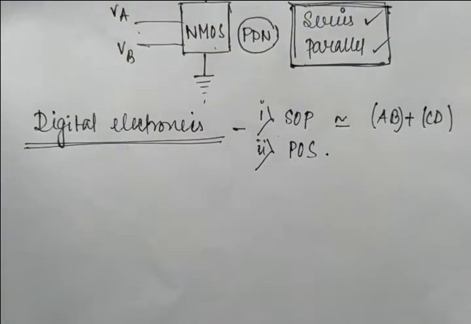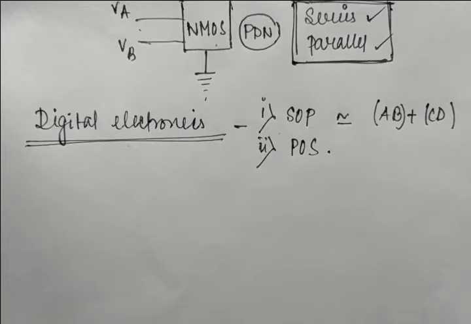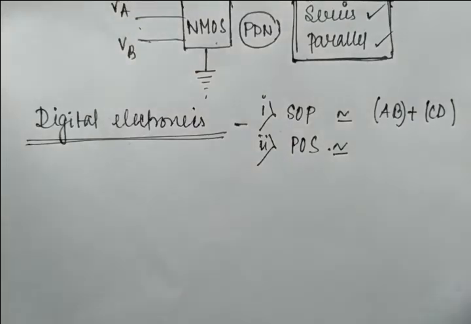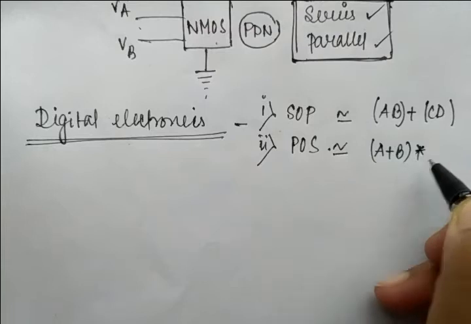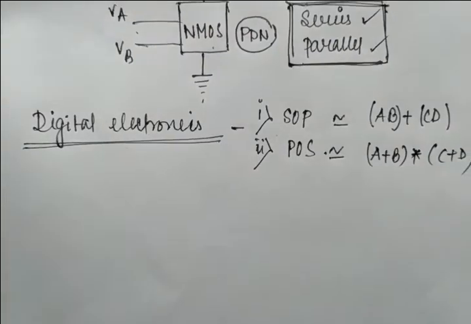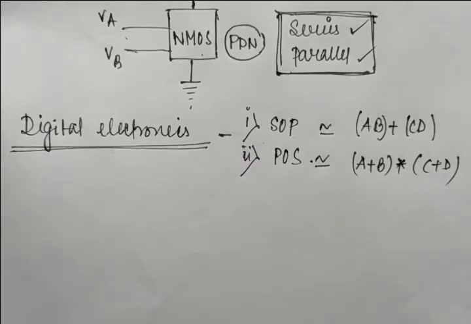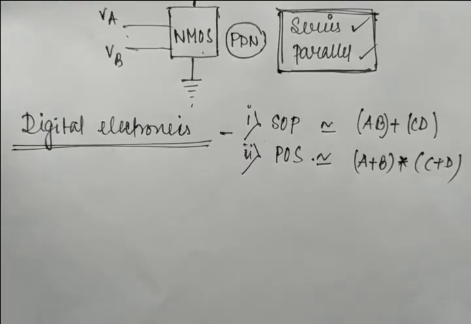And in this context, I must say, please know De Morgan's law, how to apply the formula and reduce the expression, everything. That will also be needed over here. So this is sum of product, and what is the basic example of product of sum? That is (A plus B) into (C plus D). Clear? So this is sum of product and this is product of sum. And how many inputs have I used? That is 4 inputs, A, B, C, D. And I am just showing it like an example.